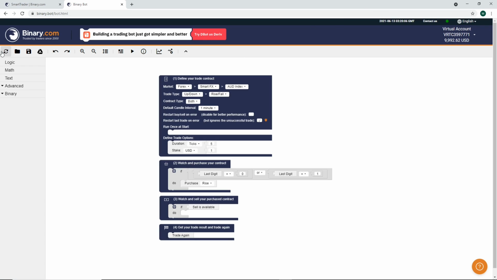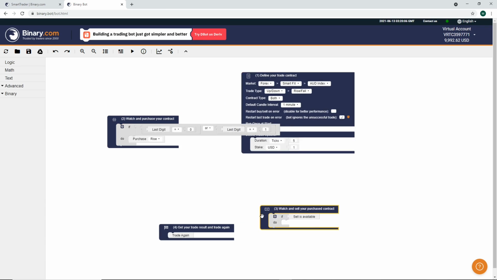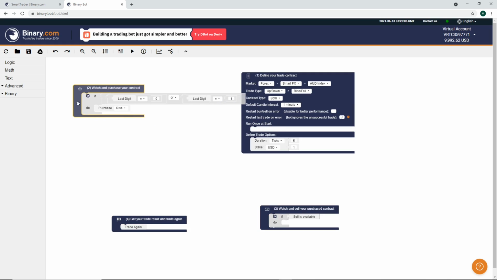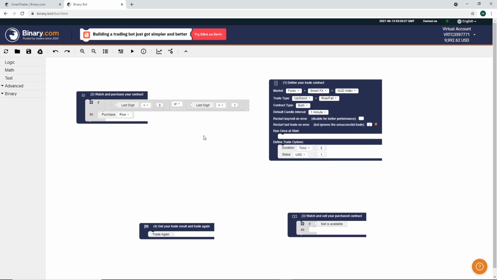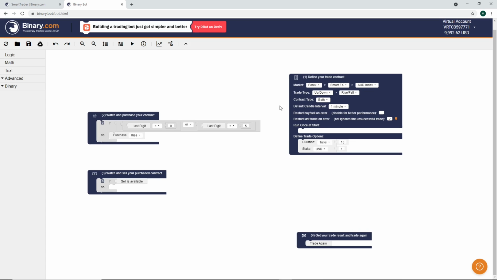When we come here there are some icons, we will discuss them. This icon is used to reset these blocks. Okay, this is a block, this is a block, this is a block, and this is also a block. These are the blocks. During development we will change the values in those blocks. When you want to reset all those values in these blocks, you simply click this icon, and it will reset all the values in all these blocks.